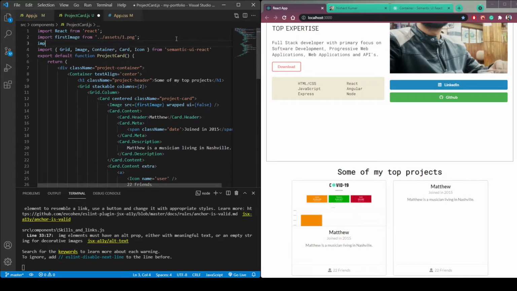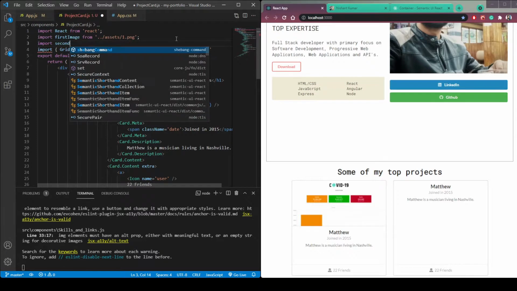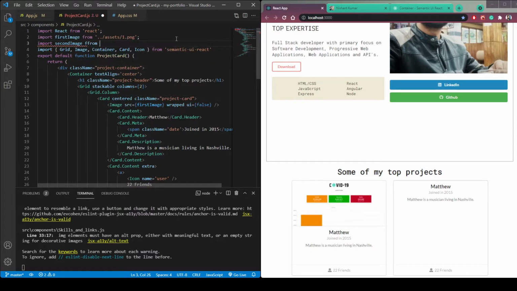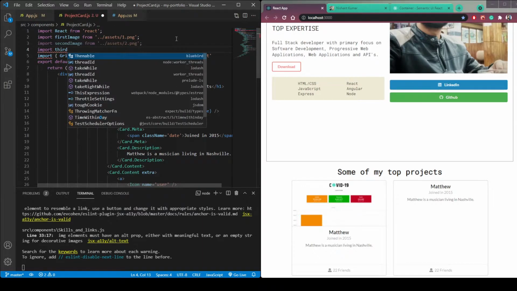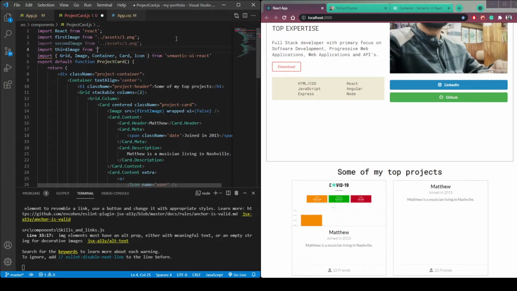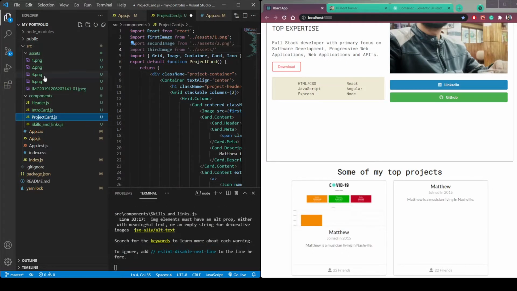Similarly, repeat it for all the three remaining images. So second image from, sorry, it will be not from assets, then tube.png. Then third image from assets 3, or let's check it because we have 4 and 6.